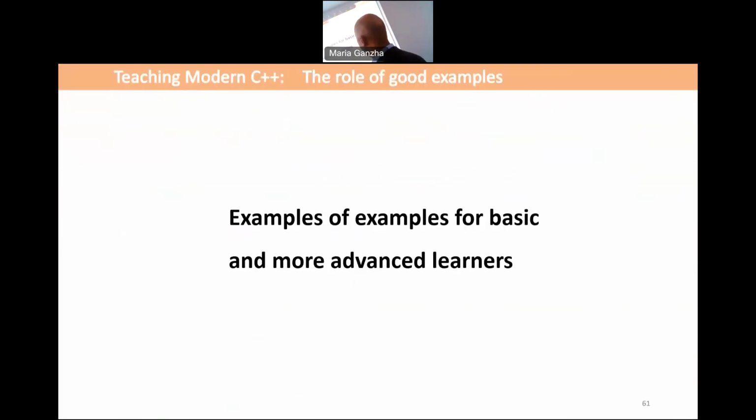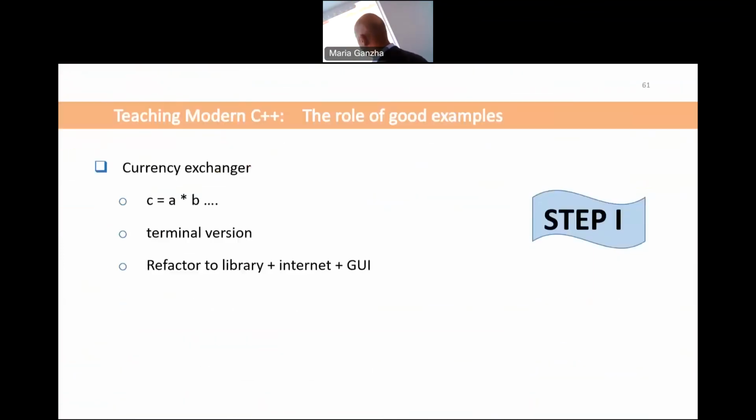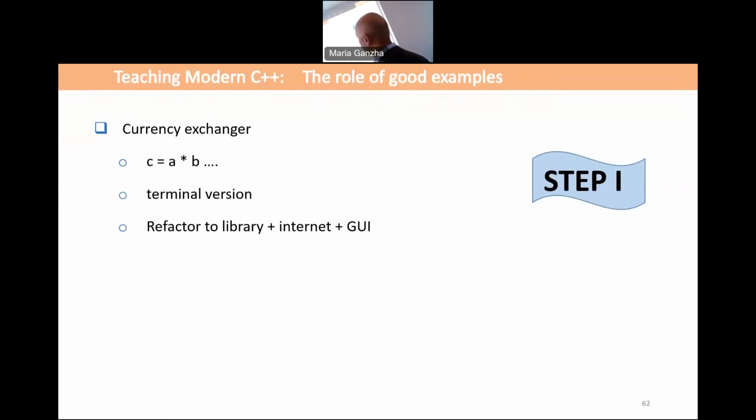So this is more advanced learners. I will just skip fast through this. For example, we can use the currency exchanger, which is just multiplication. If you change from Bulgarian lev to Euro, for example, but you can build a more elaborated version, terminal version or even